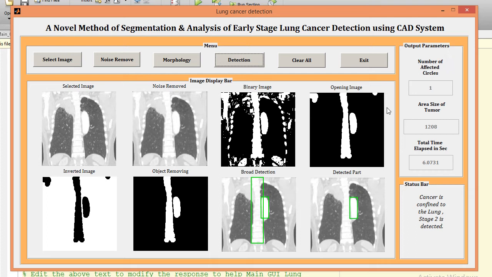The number of affected circles is 1. The area of tumor in number of pixels is 1208, and the total time required for execution of this code is 6.07 seconds. And here once again we are getting a status like cancer is confined to the lung, stage second is detected.